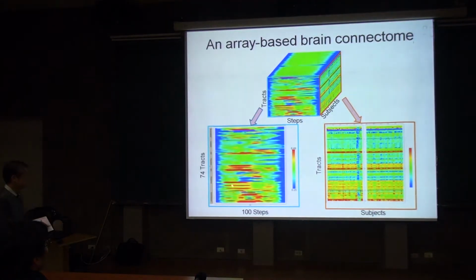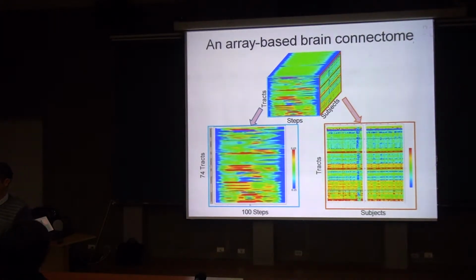So for instance, we have 74 tracts in the brain. And for each tract, we have 100 steps along the tract. And for each step, we can sample the FA value of the tract. FA represents the microstructural property of the tract. So we can have a 2D array for each subject. And if you have 100 subjects, you'll get a 3D array like this. So this is a very concise, standardized data of the brain